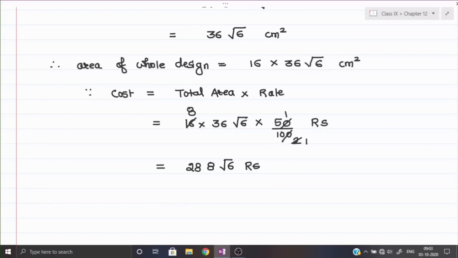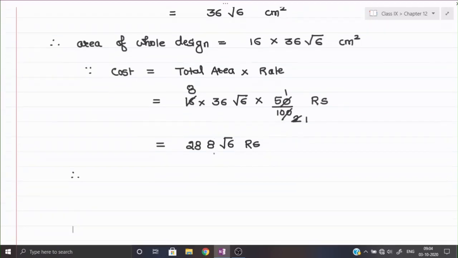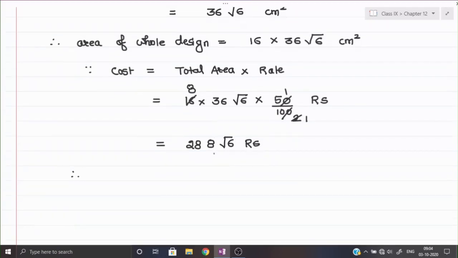Now we can do one thing here, root of 6 value we can put in decimal and we can get the final answer. So right now I am writing as it is because that much time we do not have to find out the value of root of 6. That you can find out by your own the value of root of 6. In class 8 you have covered how to find out the square root of irrational numbers. Okay, so that you can easily find out. Suppose if you require irrational numbers, or such kind of numbers which are non-perfect squares, easily you can find out with the help of decimals.